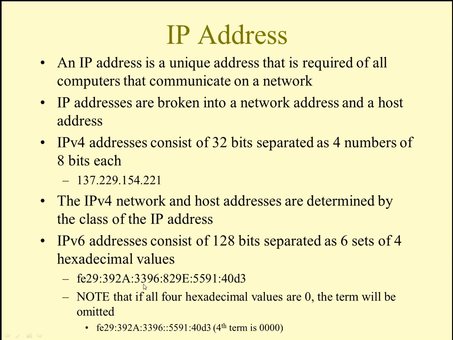So we have 1, 2, 3, 4, 5, and 6 sets of 4 hexadecimal values. Each hexadecimal value can be from 0 through 15. That takes 4 bits to represent each one of those. That means that we have 4, 8, 12, 16 bits to represent each one of these sets. 16 times 6